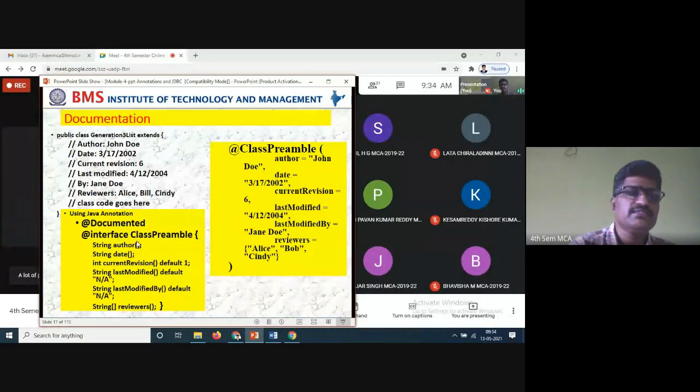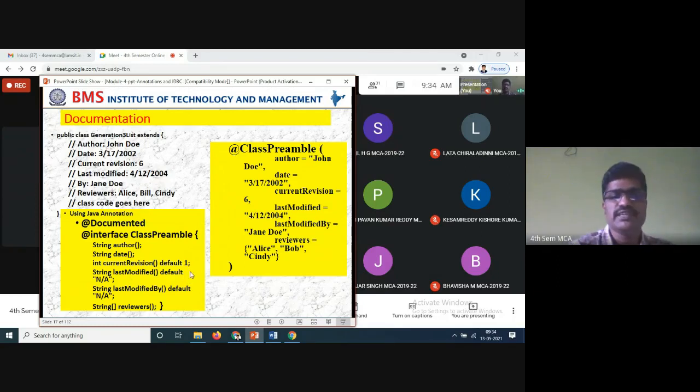We have seen the syntaxes and examples, and here let us see the string author. Author is a string method we have taken, and string date, so date is also a string. Author is also a string. Then int currentRevision, the third one is an integer, so revision. The default, if they're not mentioning anything, is one.